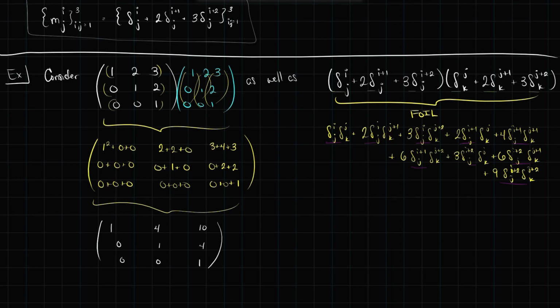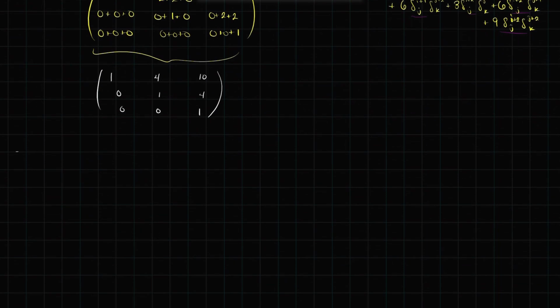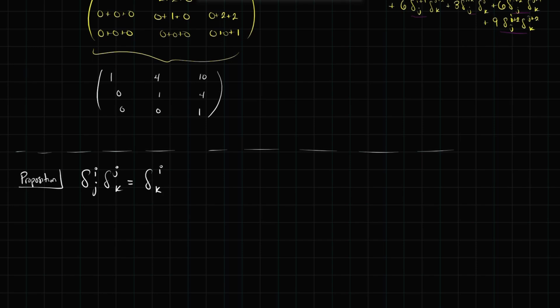Now we need to figure out how we compute deltas. There's a nice little proposition that will help us compute these deltas out. Proposition: delta ij delta jk equals delta ik. That's definitely going to be true just because these are the identity matrix. So more or less the j's just cancel each other. And I also have